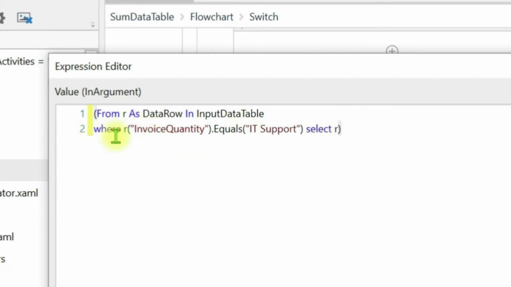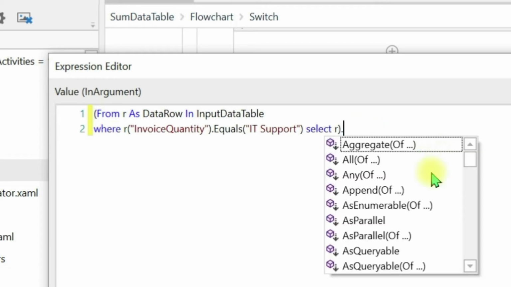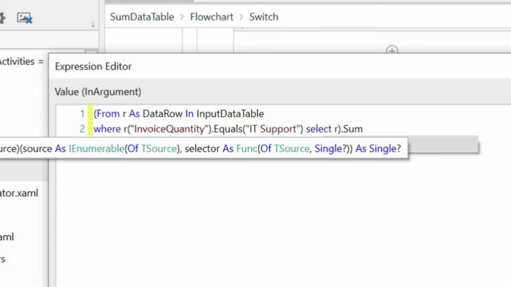We have not used an extension method. This is query syntax, and in this query syntax I can also apply an extension method.